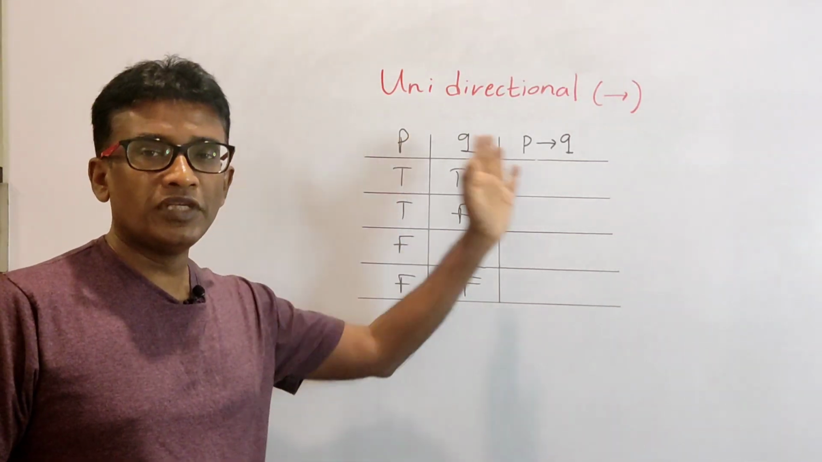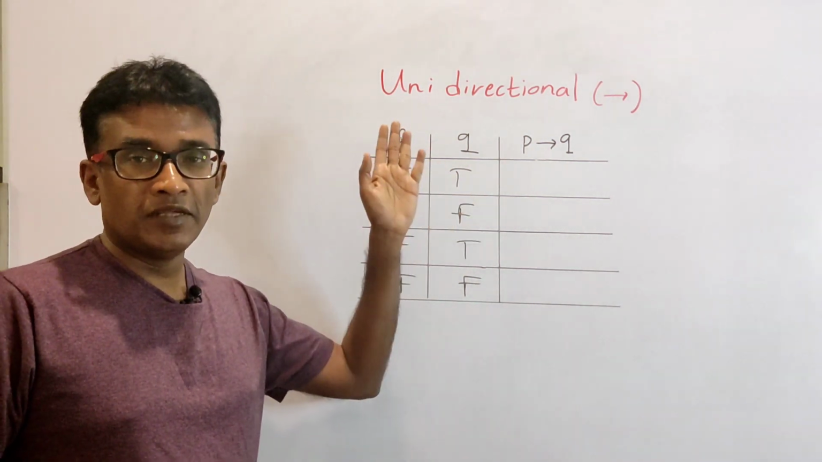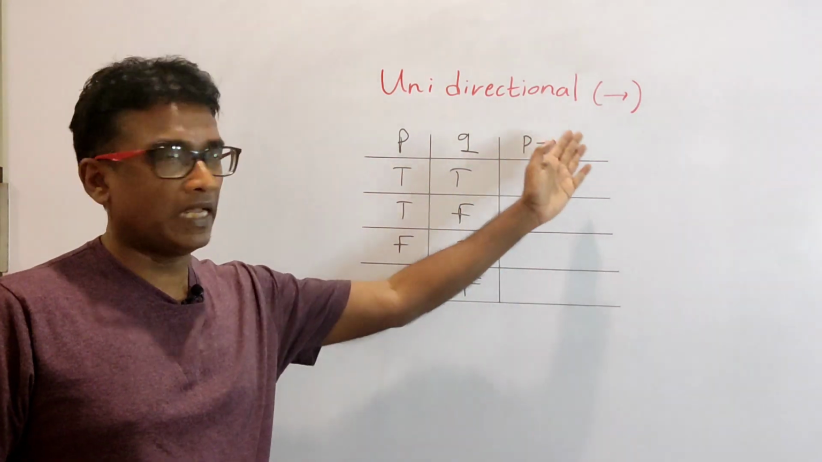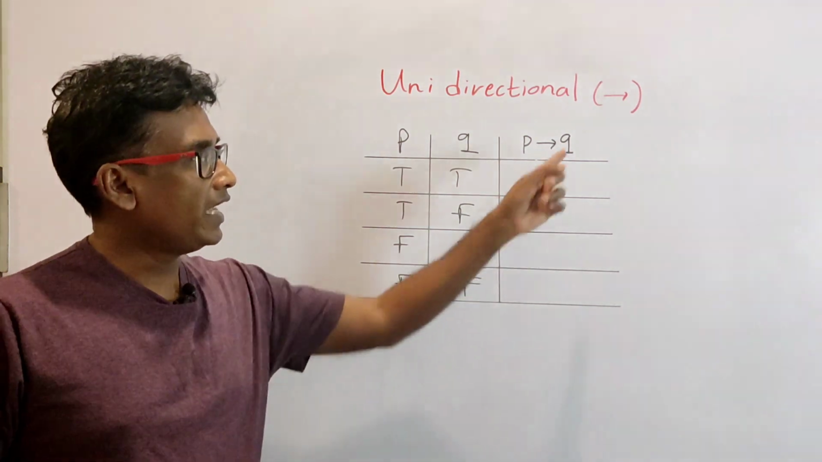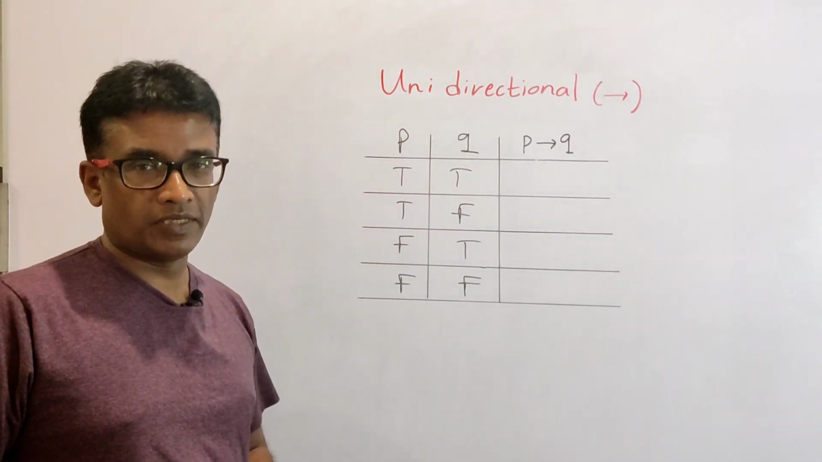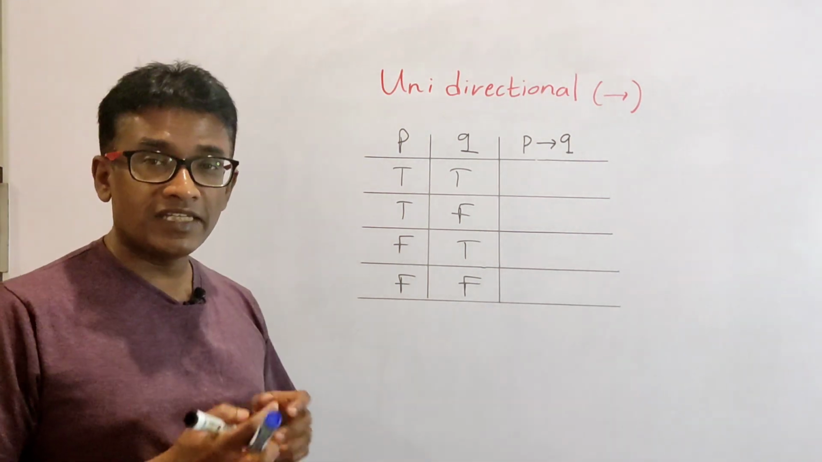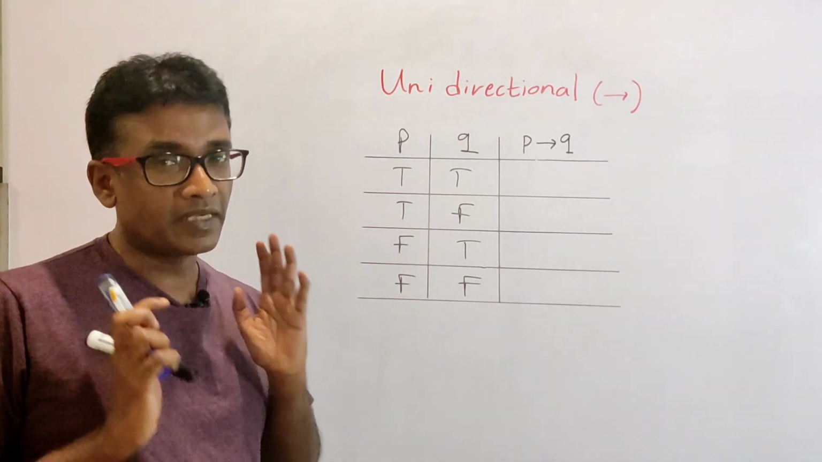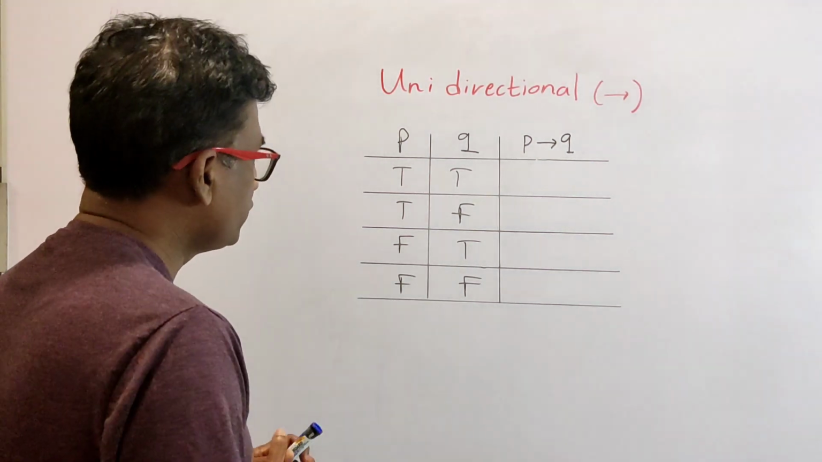Next we come to unidirectional implications. So we are going to consider if P then Q, or P implies Q. Now you already know that P is the antecedent and Q is the consequent. Now, the rule associated with unidirectional implications is a bit confusing, so you have to be very careful. The rule says